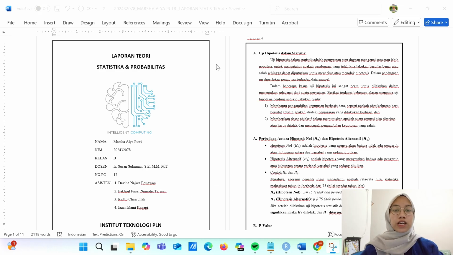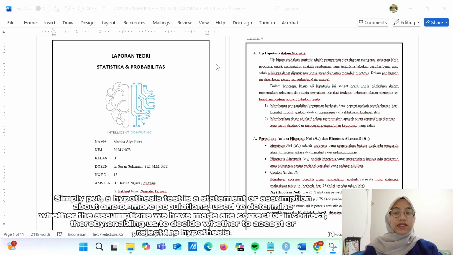Before we delve into the discussion of the report answers, let us first discuss what a hypothesis test is. Simply put, a hypothesis test is a statement or assumption about one or more populations, used to determine whether the assumptions we have made are correct or incorrect, thereby enabling us to decide whether to accept or reject the hypothesis.